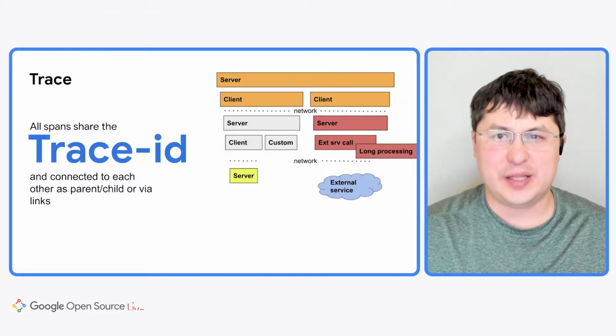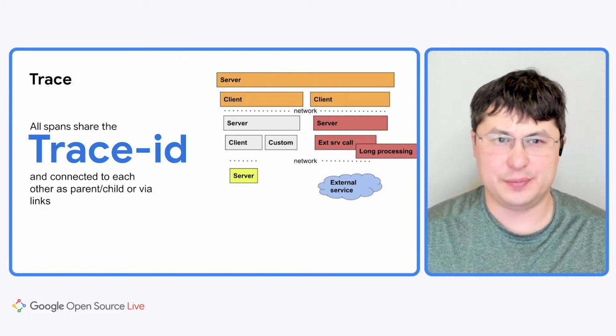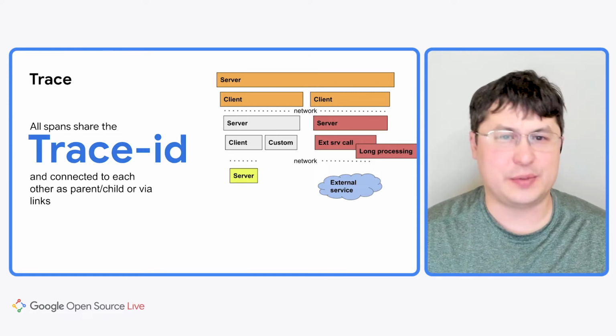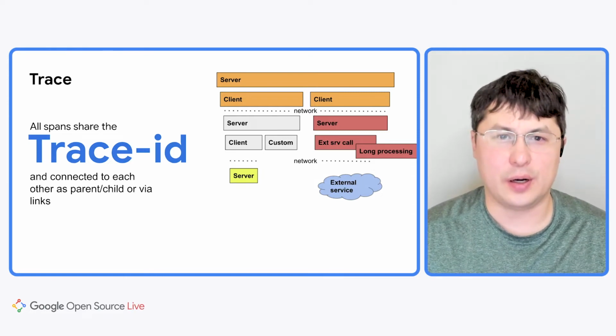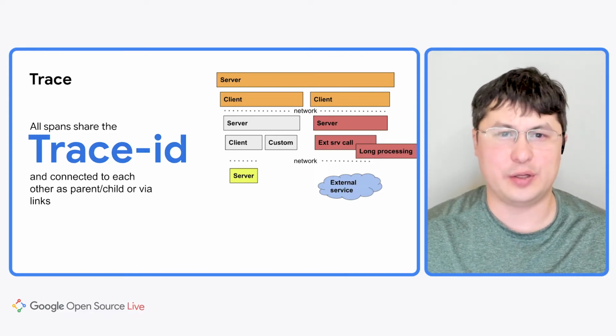I will talk about the importance of standardization later in this talk as well, but now let's talk about the relationship between spans. Multiple spans may be involved in the processing of a single operation. In this picture, the trace starts with a huge processing, huge time spent on processing on the server.